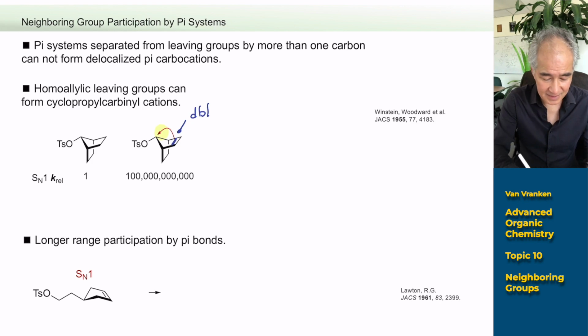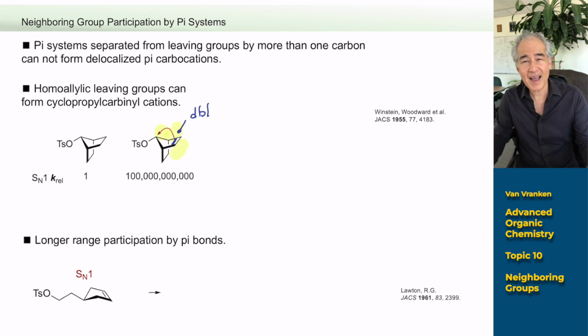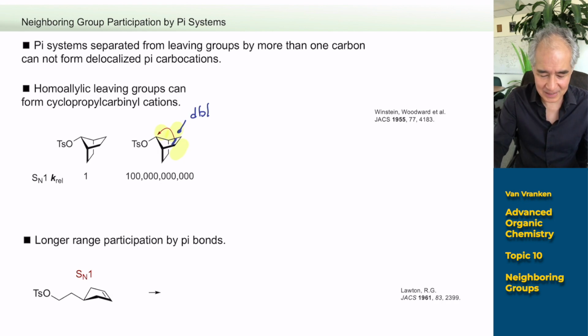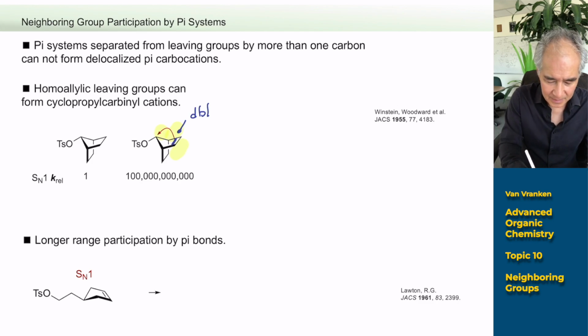And that pi system, the pi electrons in that double bond are above and below the plane of that pi ring. The pi electrons in that double bond are overlapping in space with the antibonding orbital of the tosylate 100% of the time. And you can't stop that from pushing out the leaving group when you're doing a substitution reaction. So if you follow the arrow pushing, let me go ahead and draw out the carbocation that my arrow pushing